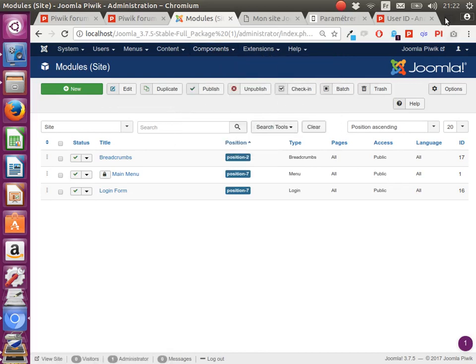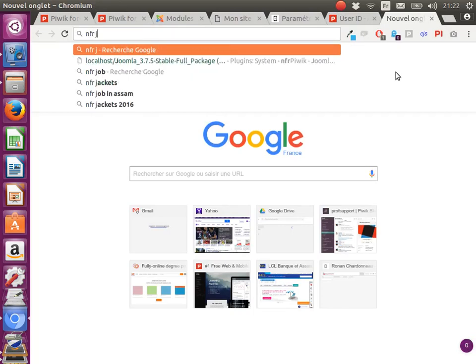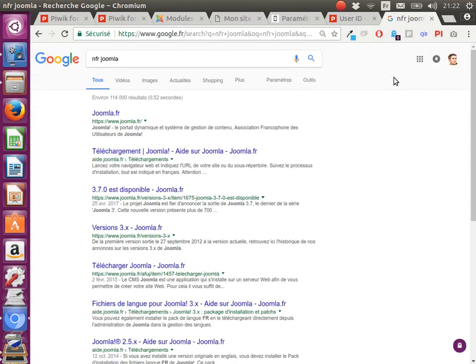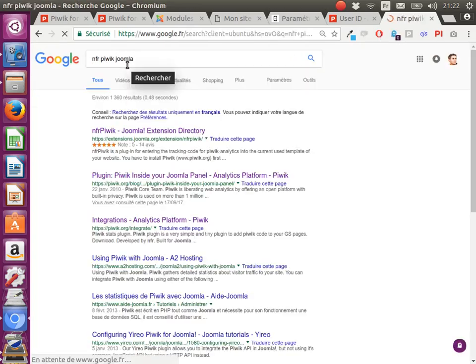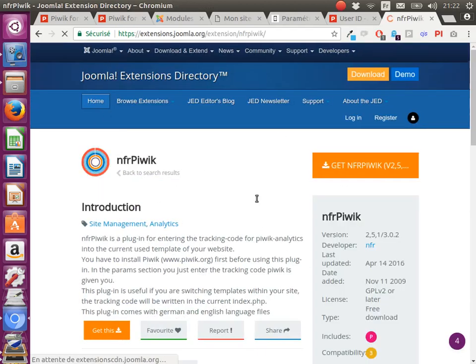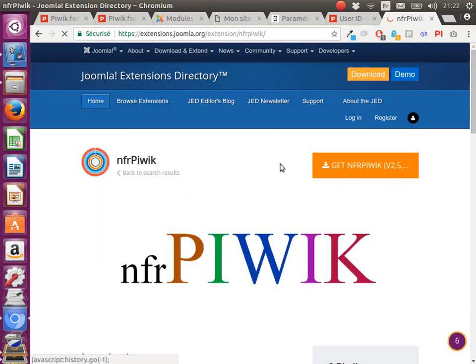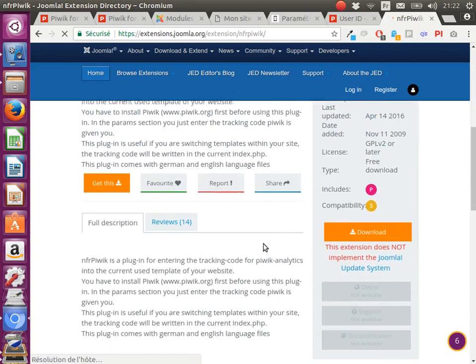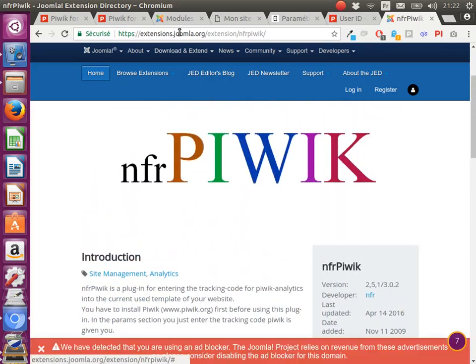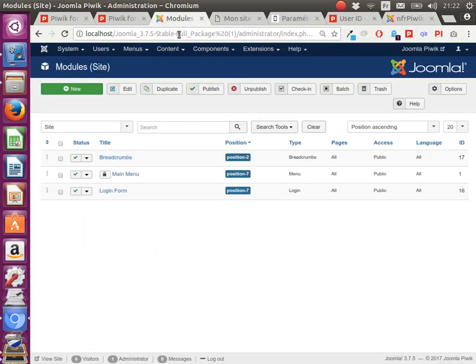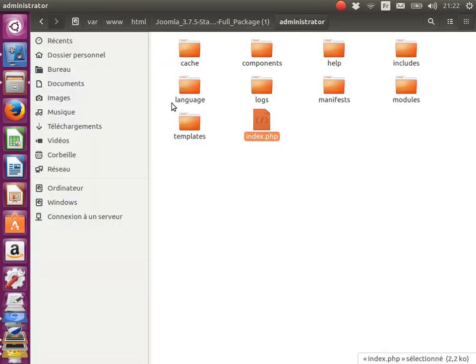That's the basic plugin you can find for Joomla, which is NFR Joomla for Piwik. In order to track your regular website, the public side of your website, you can use NFR, but in my case, I'm just going to try to track the administrator and the back office of Joomla. So in order to do that, I will go within my Joomla installation.